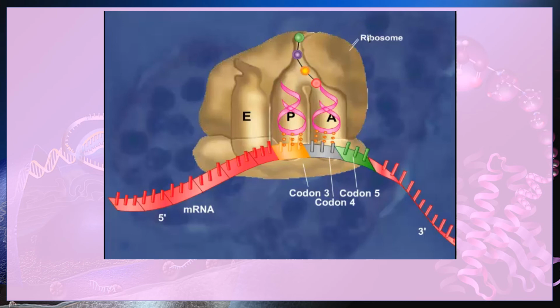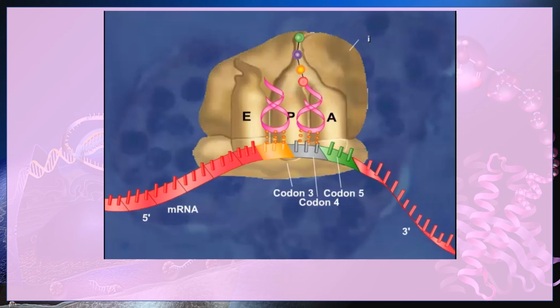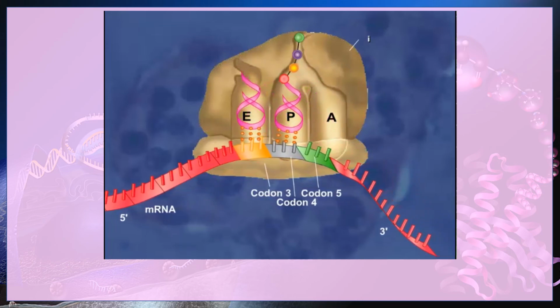Peptidyltransferase, a protein-RNA complex present in the 50S ribosomal subunit, catalyzes the formation of this new peptide bond between the amino acids. The ribosome then translocates to the next codon. This process is promoted by elongation factor G and requires another GTP. This places the empty tRNA molecule in the E site of the ribosome and moves the tRNA containing the growing polypeptide chain into the P site. The next codon in the mRNA chain is positioned in the A site.